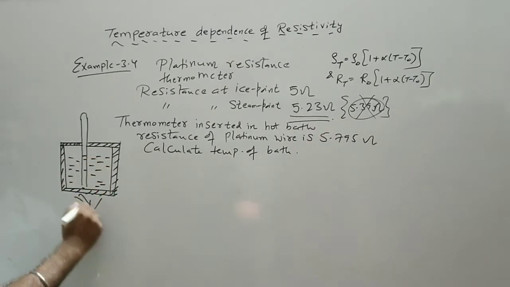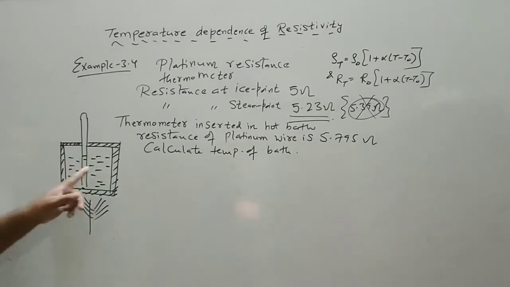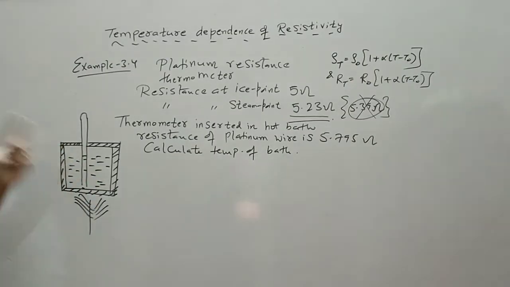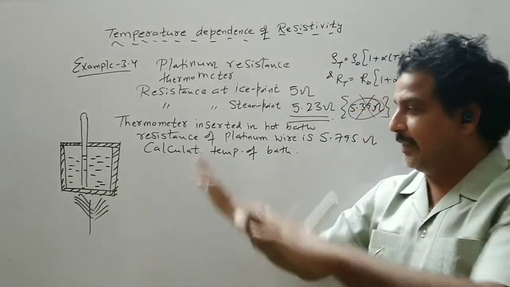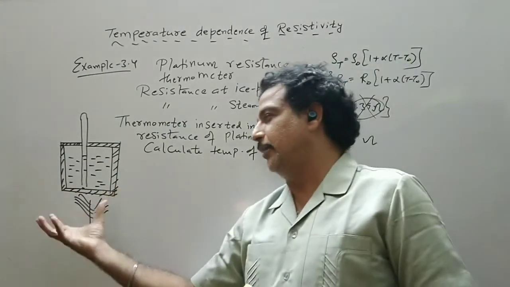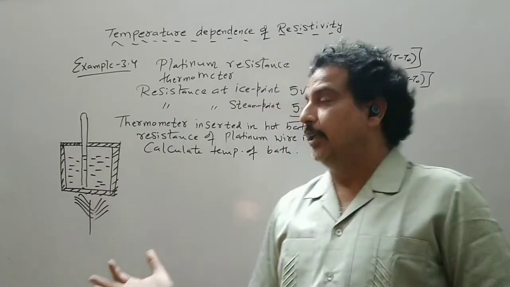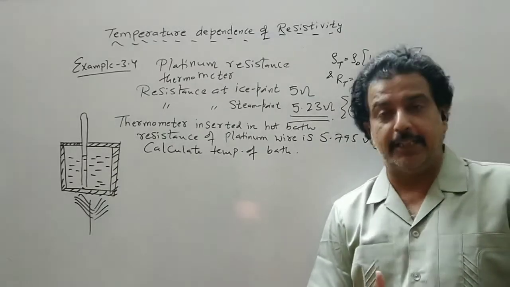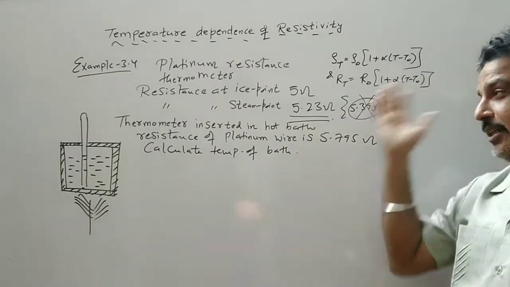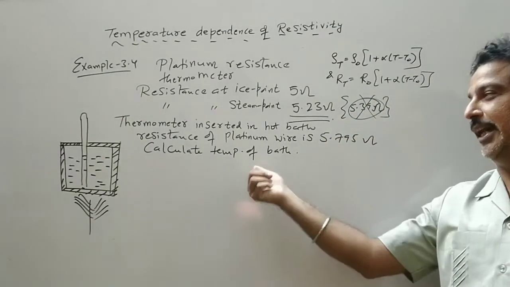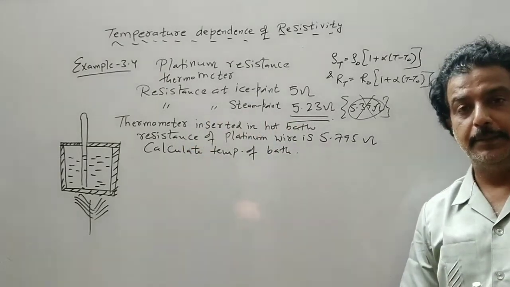Now as we heat up this fluid, the temperature of the fluid will rise. As a result, the resistance of this thermometer, which is a platinum wire, also changes. So we can determine what is the temperature of this bath. So this is a simple arrangement. Now as we heat up or as we change the temperature, the temperature of the fluid will increase and the thermometer shows a reading. So we can find out its resistance, or if the resistance is given, I can find out the temperature of that bath.